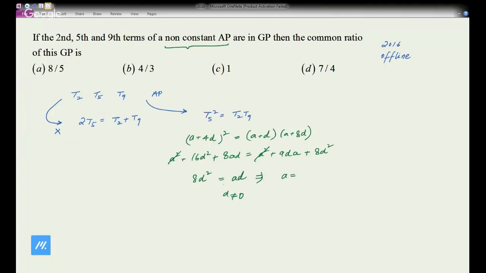So if this can not be 0, then you can divide by D, right? A comes out to be 8D. Now what is being asked, आपसे पूछा क्या है, कॉमन रेशियो। कॉमन रेशियो क्या हुई जीपी की,